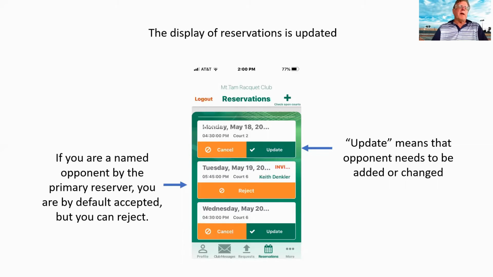And if I find out that, hey, I don't want to play with Keith, even though we talked about it, I can press the reject button and it will cancel me out and require Keith to find another partner. And he'll go through the protocol again because it will essentially unconfirm the reservation. Now the update exists here so that if I need to change my partner because Keith told me that he can't play,